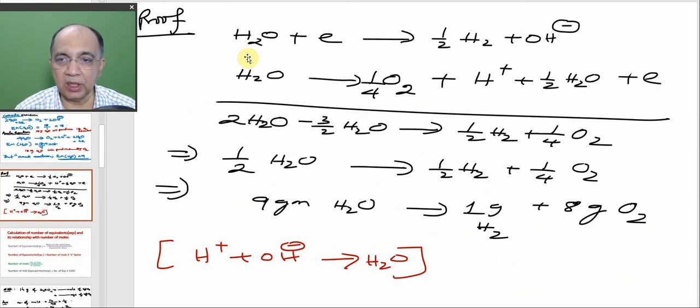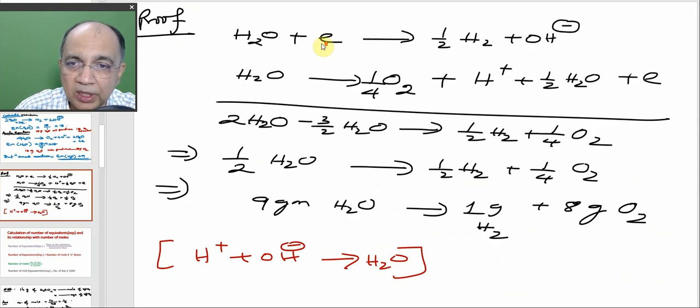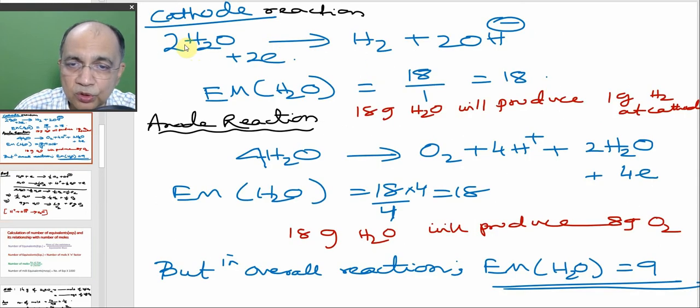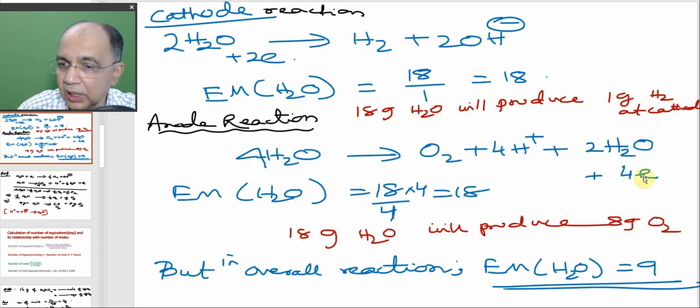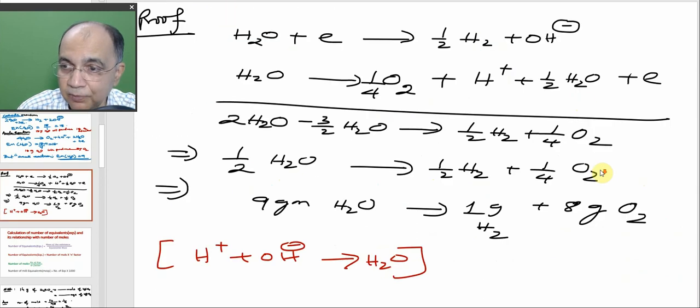So I think I have also given a proof for that. Same, I have written once again, water picks up 1 electron, here water 2, so 1, this, and here 4 water gives O2, this, so 1 water will be 1 by 4, and 1 H plus, 1 water and 2 electrons. So divided by 4, 1 electron. This will be half water. So when you add up, cancelling electrons, it will be 2 water minus this, H plus and OH minus will form water, and another half water.